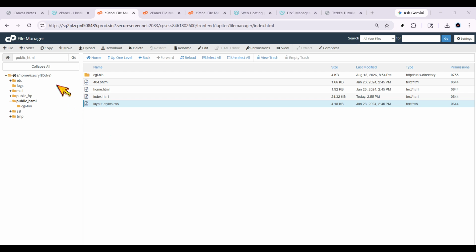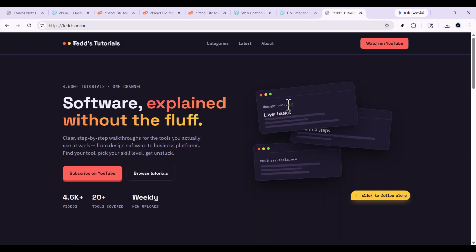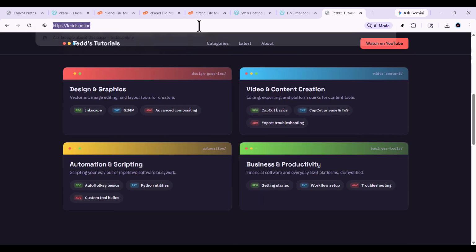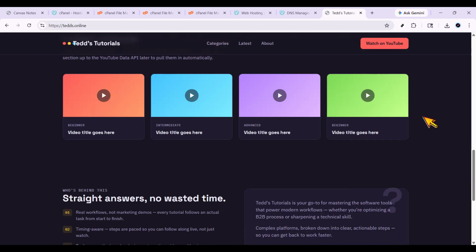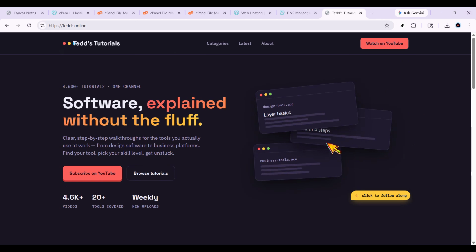Also, double-check that all your folders and assets were extracted properly and are sitting in the right place inside public.html. If everything looks good, your website should now be uploaded and ready to view. At this point, open your domain in a browser and test it. If your homepage loads and your design appears correctly, then you've successfully uploaded your website on GoDaddy. If something looks off, it usually means a file path, folder location, or homepage file name needs to be corrected,